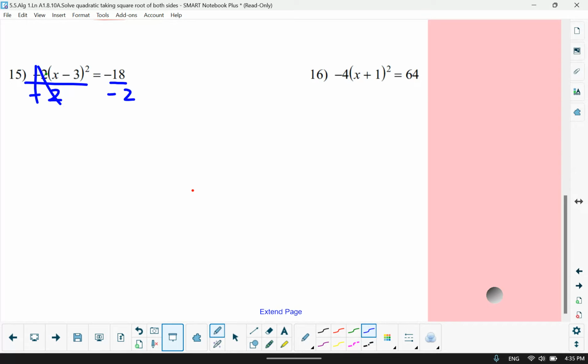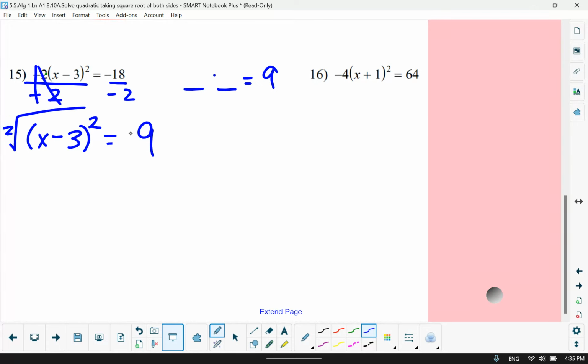The 2 divided by 2 makes one whole, canceling out. Opposite of a negative cancels out. Leaves us with the difference of x and 3, taking the square. And the opposite of a negative turns into a positive 9. Folks, there is a way to multiply two quantities to make 9. So this should have a solution. Let's go ahead and take the second root of both sides,